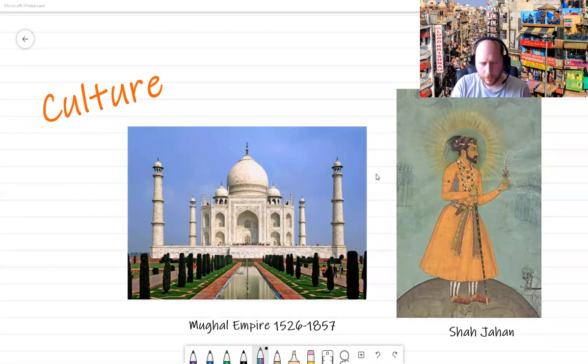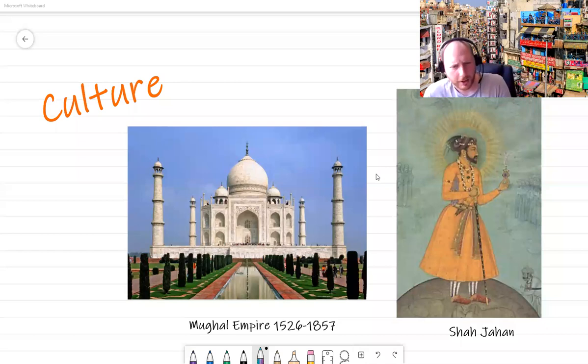Now, India is the birthplace of three of the world's major religions. And this building isn't from any of them. There you go. This building is a Muslim building, an Islamic building, which was built by Shah Jahan, this guy that we can see here in his very cool shoes. I do like them. They're very red.